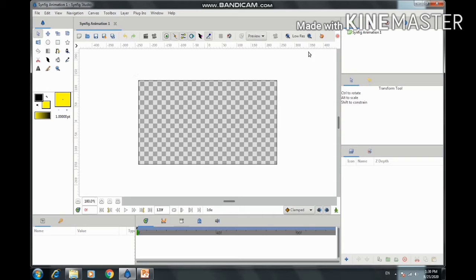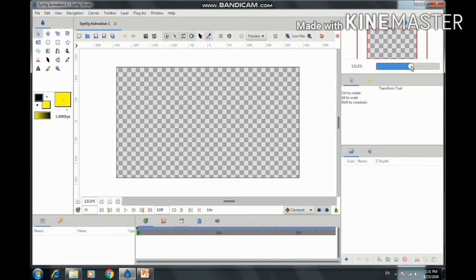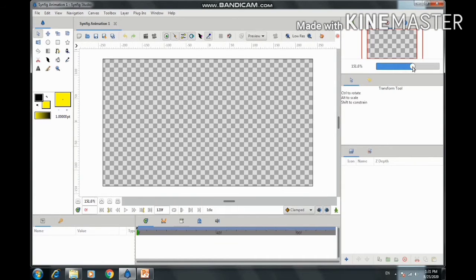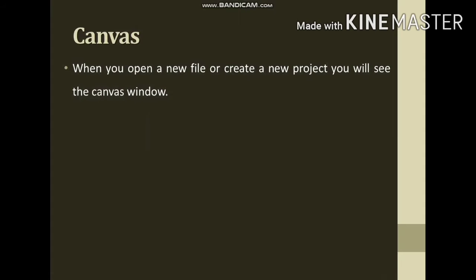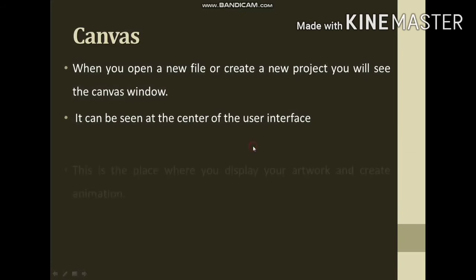By default it is set to 100%, but we can zoom in or zoom out through this navigator. It can be seen at the center of the user interface.